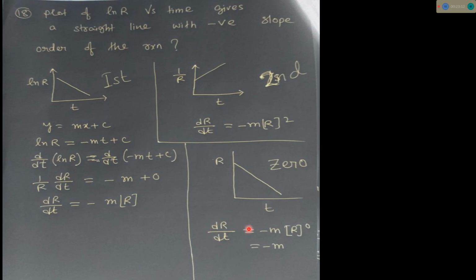Since this rate is proportional to r to the power 0, or you can say this is independent of reactant concentration term. In the rate there is no concentration term, only minus m is there, but I wrote r to the power 0, which means 1. Since this dr/dt is independent of reactant concentration, that's why it is a zero order reaction. So in this way we can solve this type of problem in a simple manner,